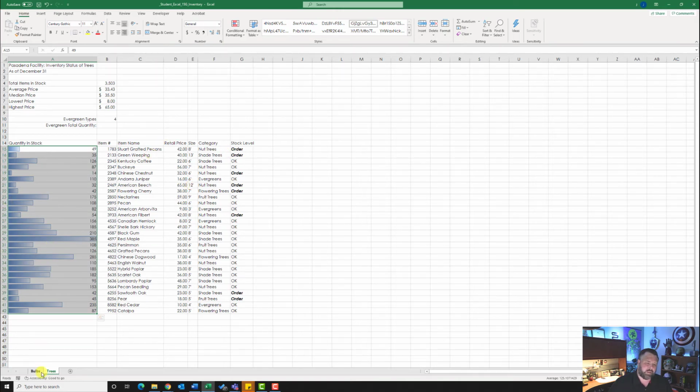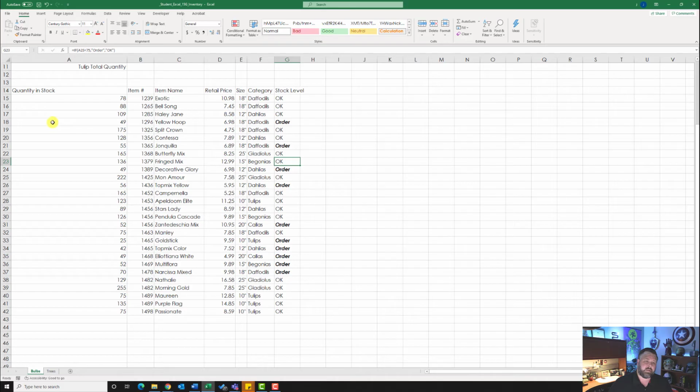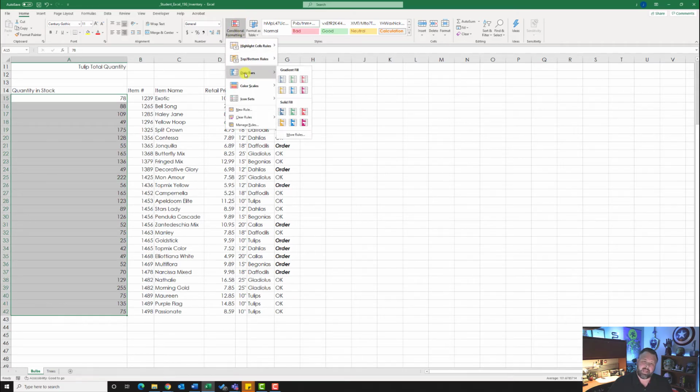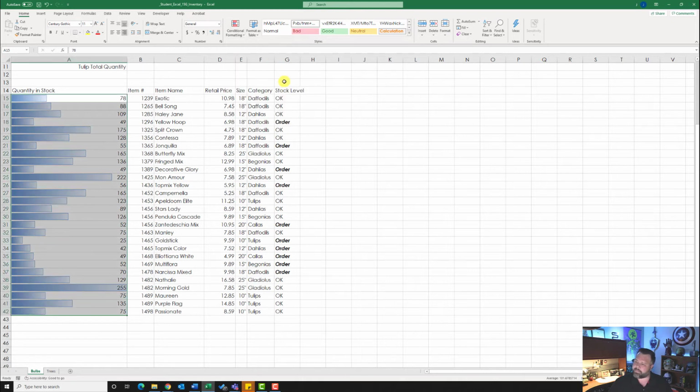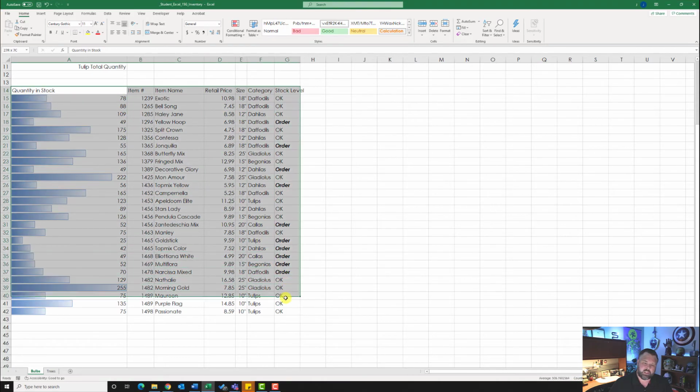Let's do that to the bulbs worksheet. I'm going to click on bulbs. I'm going to highlight A15 to A42. I'm going to click on my conditional formatting, data bars, and then my blue data bars under gradient. So in the bulbs worksheet, it says format the range A14 to G42. So let's go ahead and highlight A14 to G42. It wants me to